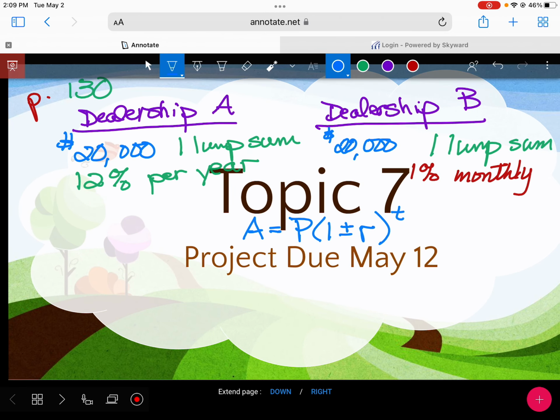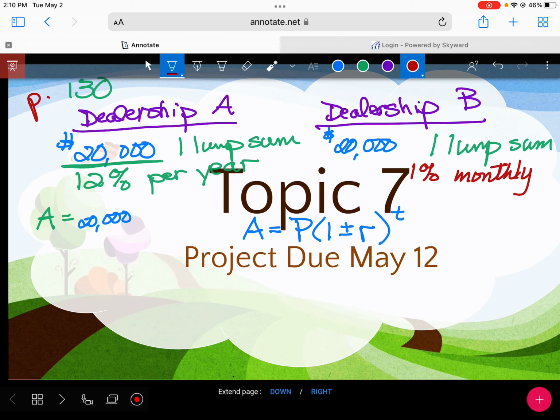What is this $20,000? Where am I going to put that? It is the cost of the car. Is that the ending cost, or is that the initial cost? Is that the rate, or is that the time? It's the initial cost. So I'm going to say A, which is what we're figuring, equals P, my initial cost of $20,000,